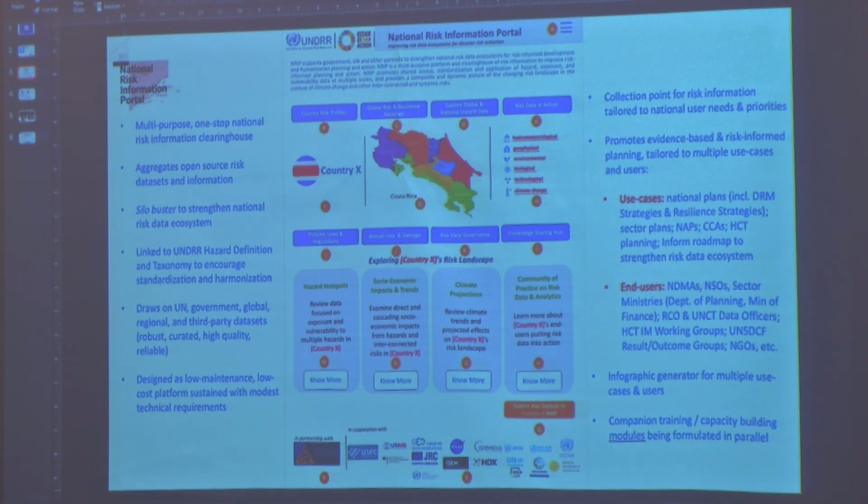We've designed ours as an extremely low maintenance, low cost platform, mainly because it's an aggregator. It's a database that links you to existing risk information. And it's very similar to the DRIP, and this is why we're so interested to collaborate with the team that is leading on the DRIP, is that we both recognize the multiple use cases such a system engenders. Whether you're a sector planner in the Ministry of Transport, or you're developing your common country assessment, and you want to get an overview of what the risk landscape looks like in your country.